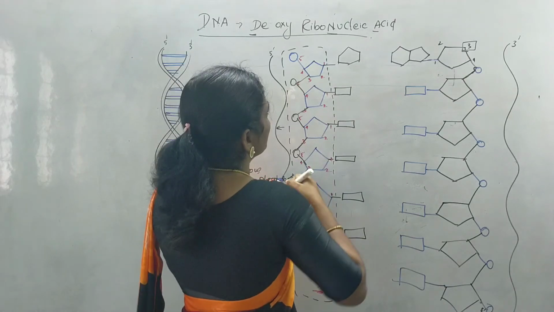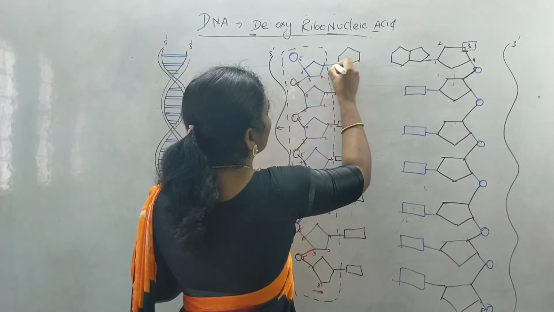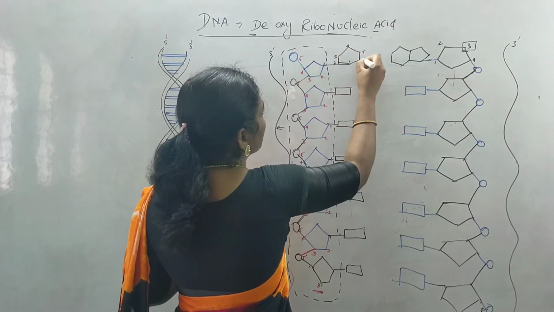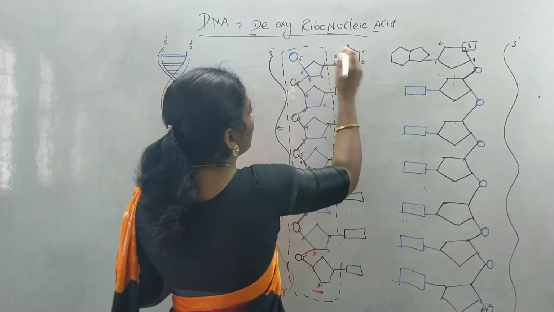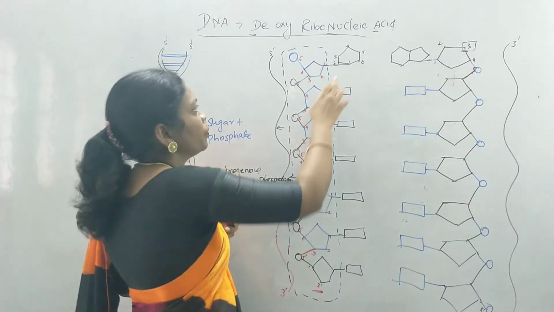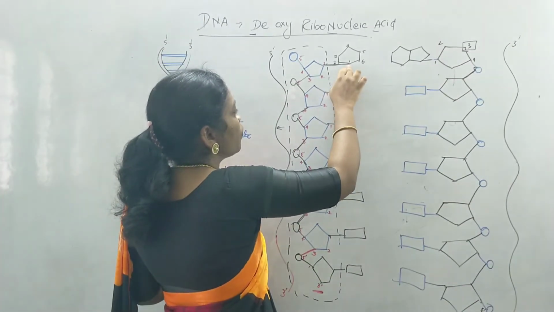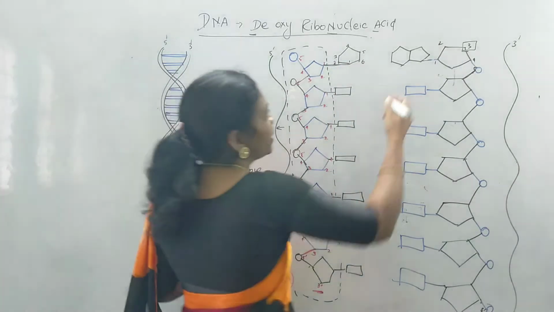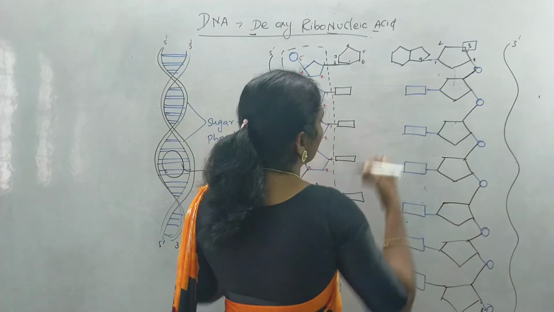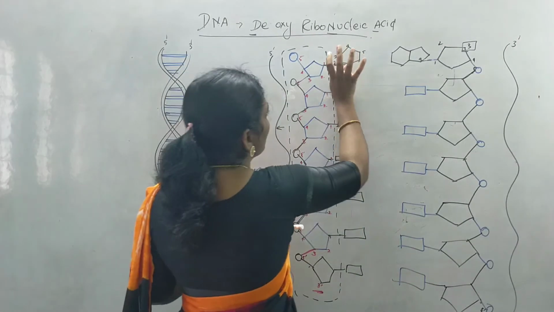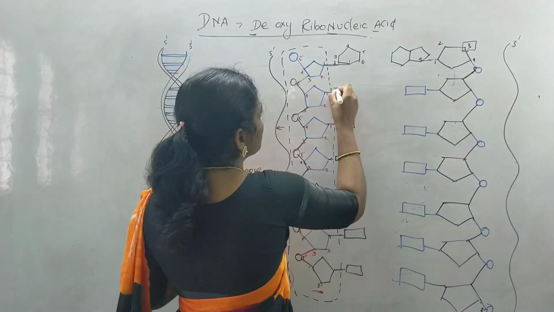So here it is attached with, we numbered already 1, 2, 3, 4, 5, 6. These are nothing but what are they? They are pyrimidines. Okay, so pyrimidines on the one nitrogen atom or first position, they are attached with the pentose sugar, and here they are attached with their 9th position. Okay, so this is how the purines and pyrimidines are attached together.